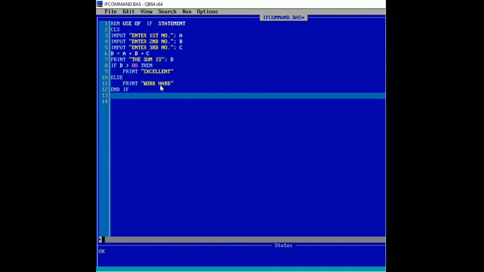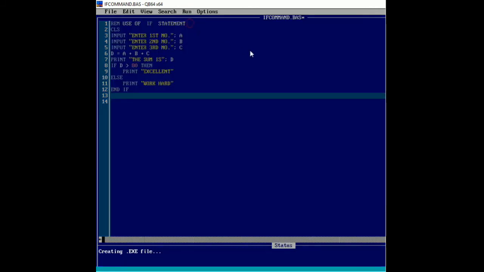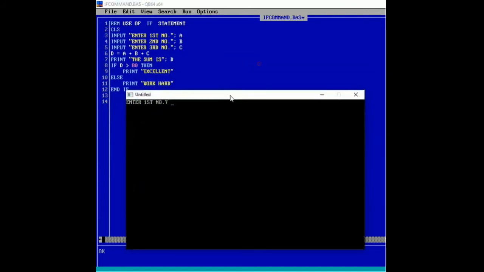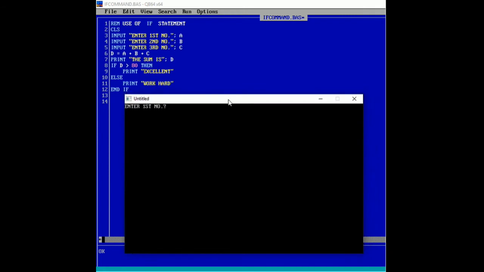That means if the sum is greater than 80, then excellent will be printed, otherwise work hard. So let us see the output. Enter the first number, so just entering the number.